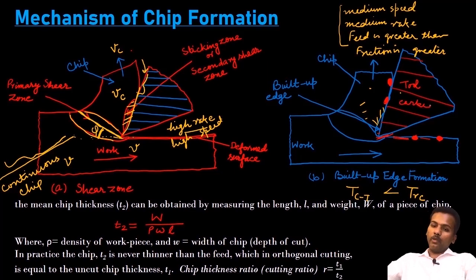But suppose we are using carbide tool material, then while disengagement there will be some jerk and thrust that may appear. Due to that jerking or thrust process, the built up edge suddenly leaves the surface of this tool material, that means the carbide tool, and while separating, this built up edge will remove certain material from the tool, so we can say that the tool life will decrease.